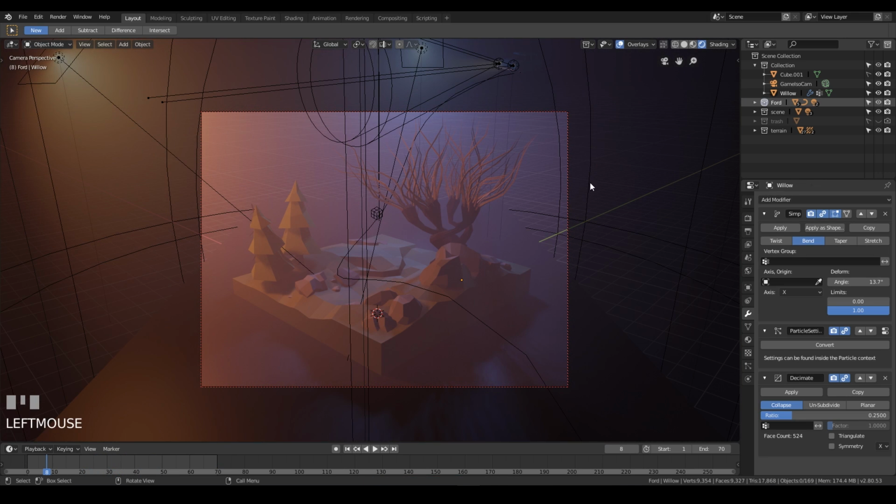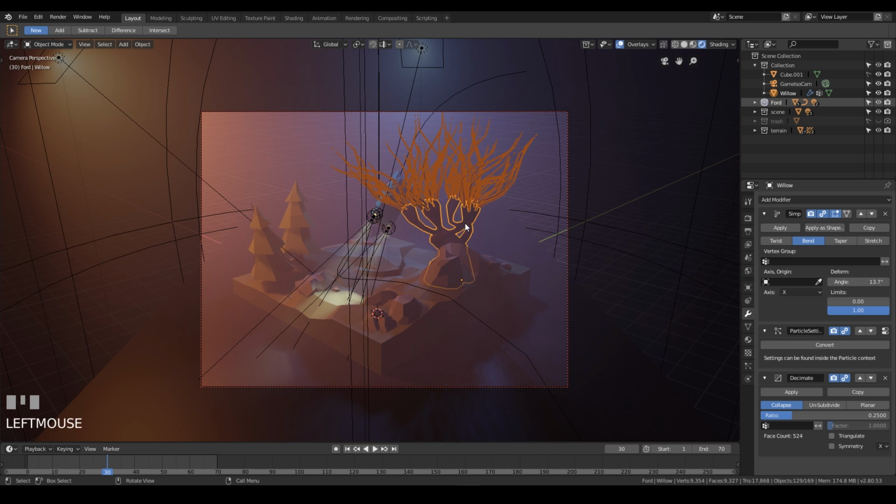Now, about the tree, let's animate it as well, and that'll be the last thing for this video. But you will see the result that I will do at the end of the video. But right now let's just do one more thing, and that's the animation of the tree. And that'll be very easy, because if you click on the model of the tree and go into the modifiers